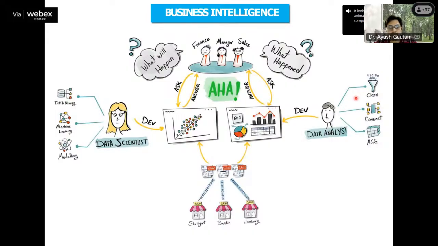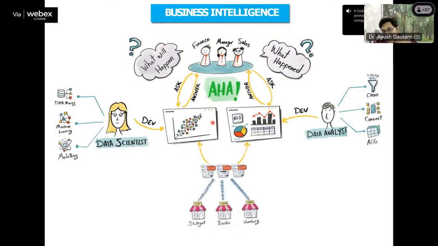But now they did some analysis. They prepared some Excel reports, but they cannot directly show those Excel reports to the manager. Right? They cannot directly go and show those Excel reports to the manager. Why? Because the manager will not understand. The manager is looking at a thousand things and he will not understand the simple data. So what is required? At that time, to give the exact picture to the manager, a dashboard is required. So this data analyst will make a dashboard, and this data scientist will make a dashboard, and then those dashboards will be explained to the manager.